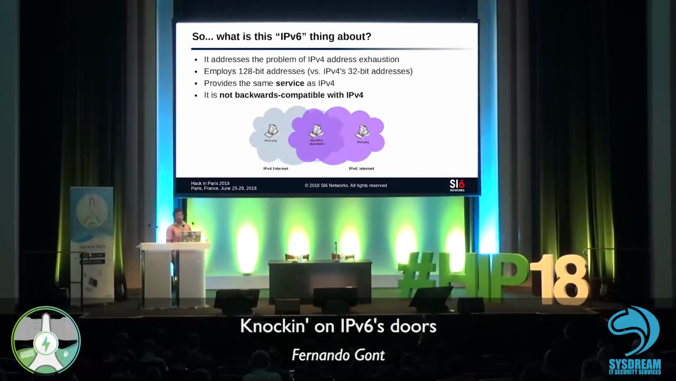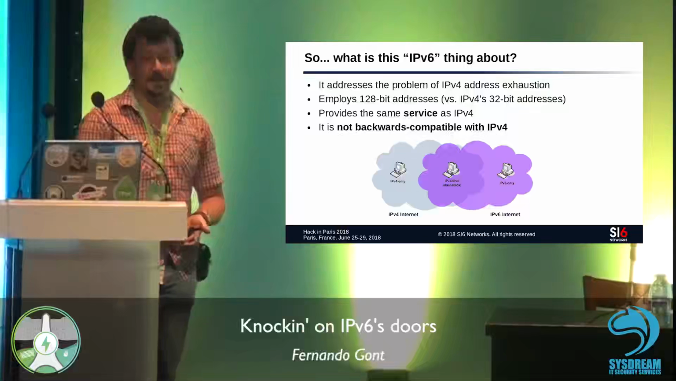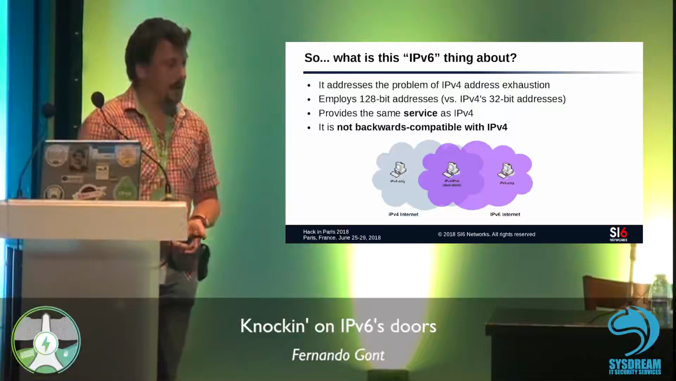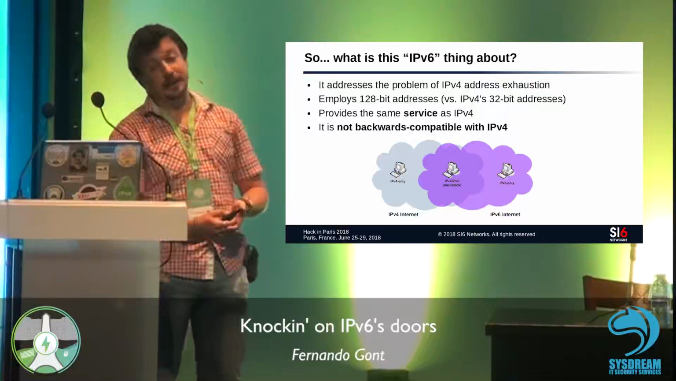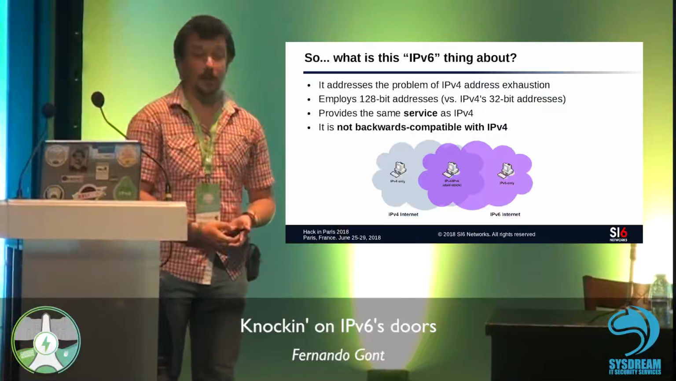So if you wonder what IPv6 is about, essentially you might have heard that we are running out of IPv4 addresses. And in the 90s, there was a protocol called IPv6 that was standardized to mitigate this problem. IPv6 provides 128-bit long addresses as opposed to the 32-bit addresses from IPv4. Essentially it provides the same service as before, but the little problem, if you want, is that it's not backwards compatible